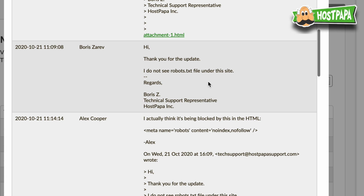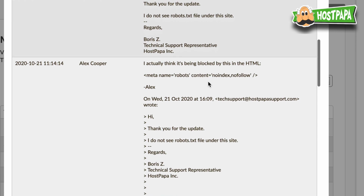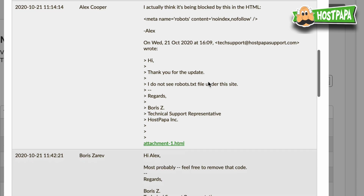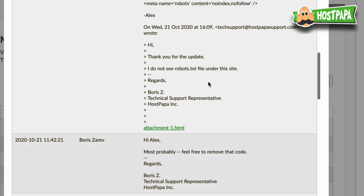So I thought, okay, I'll give them another clue. And I highlighted the little bit of code within WordPress that's generated by WordPress when you've got that tick box checked. It's basically a little meta tag that says noindex and all that stuff. So yeah, I said, is it to do with this bit of code? And they said, oh yeah, that'll be it. You need to remove that code. Which was like, okay, well,